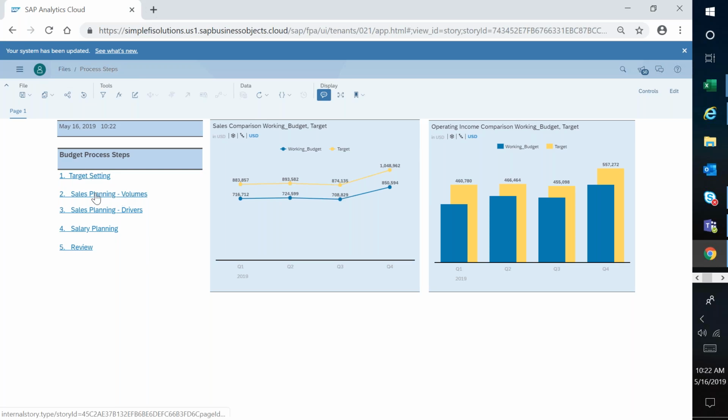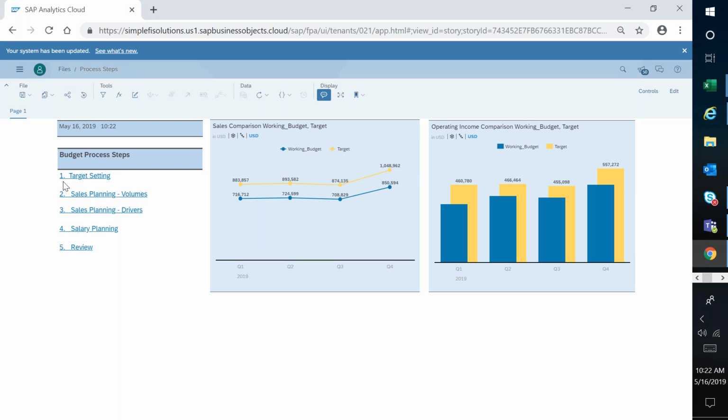As far as the budget process steps, I have things like target setting, right? And then we have maybe our sales and our margin planning. You may have operating, or I have an example of salary planning, right? So there are different buckets. You can have multiple models. This brings it all together.